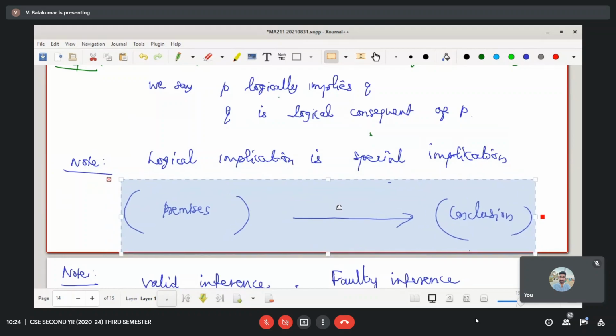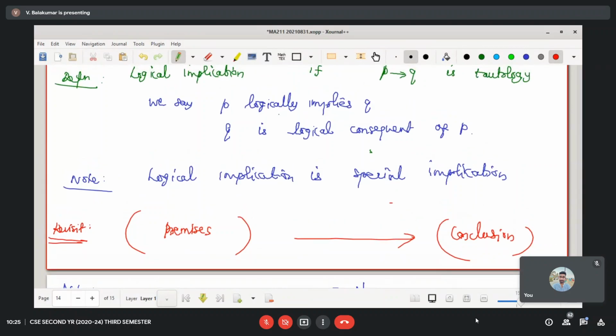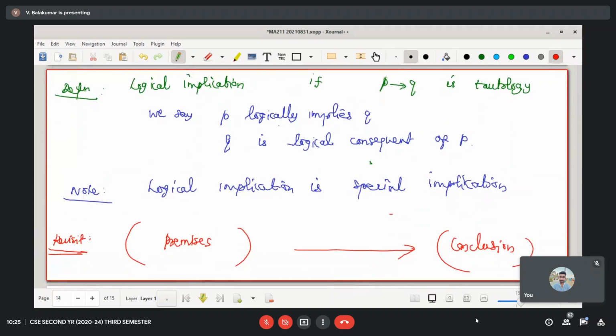Just recall this. Revisit this part. Meaning you are having many premises, they are logically implying this conclusion. Anybody can try, they also should get the same conclusion, meaning this implication is always true.